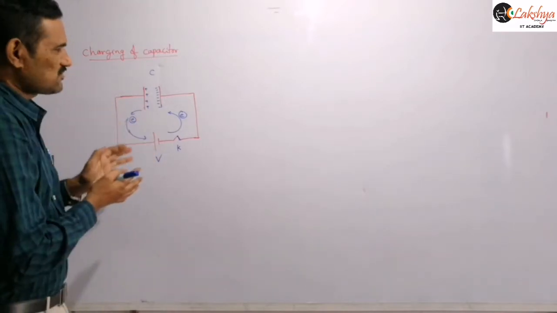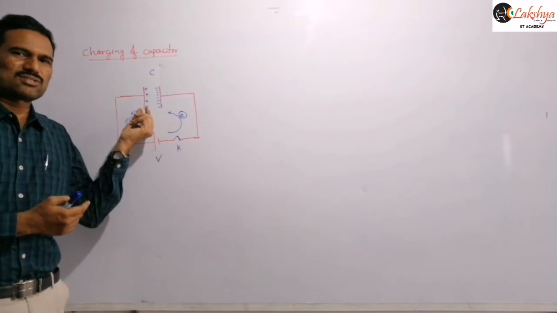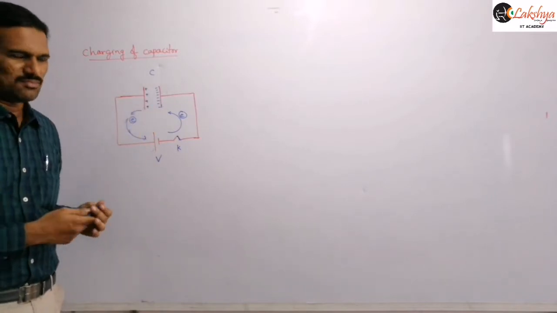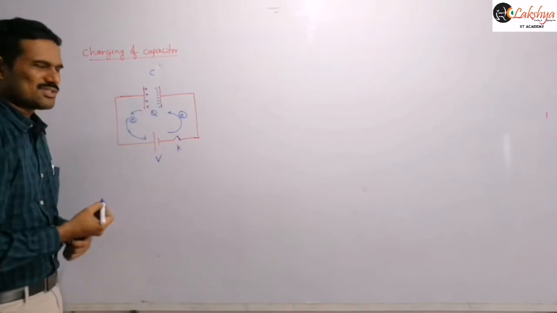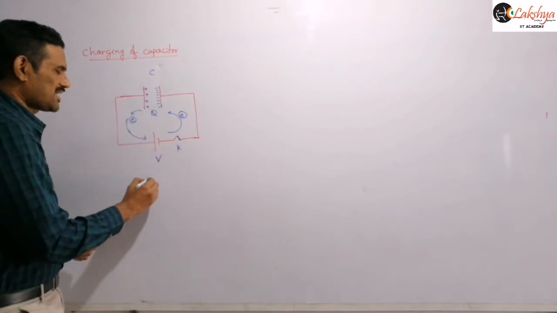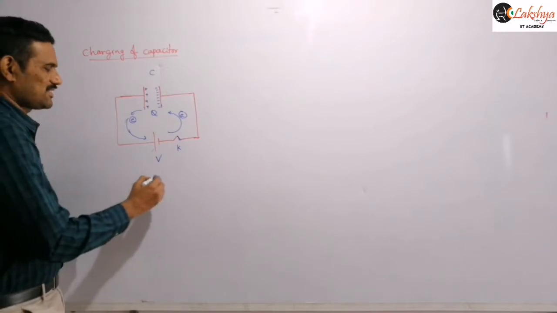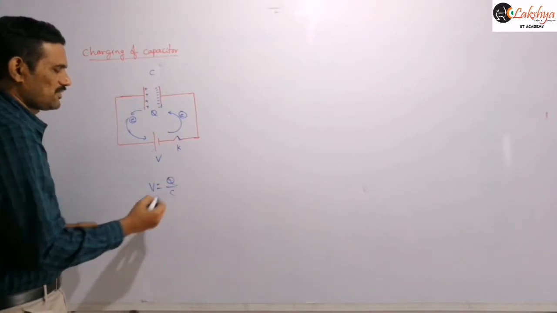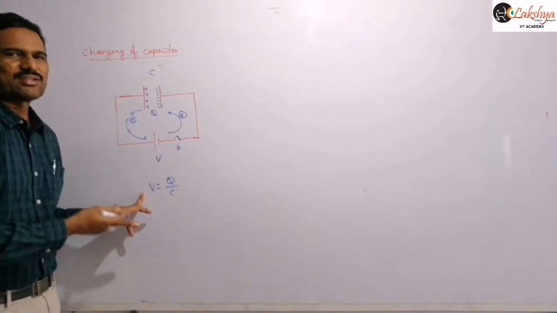So this process will take place until the potential difference across this will be equal to the EMF of the cell, if only one capacitor is directly connected like this. Suppose Q is the charge on that. The transfer of the charge will take place until the potential difference across that, which we can write as Q by C,